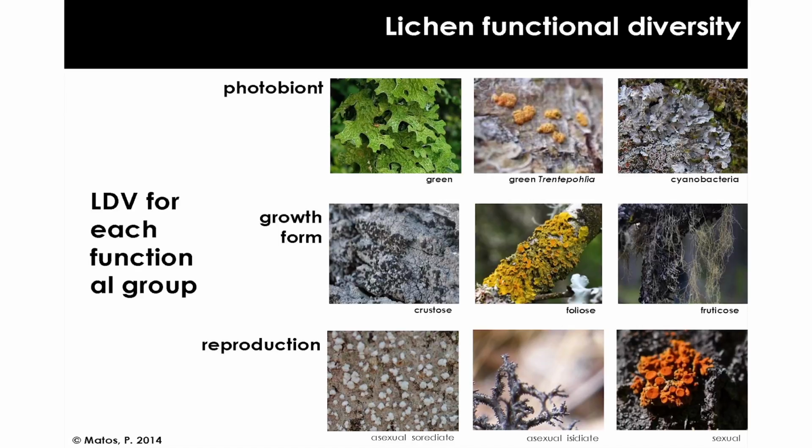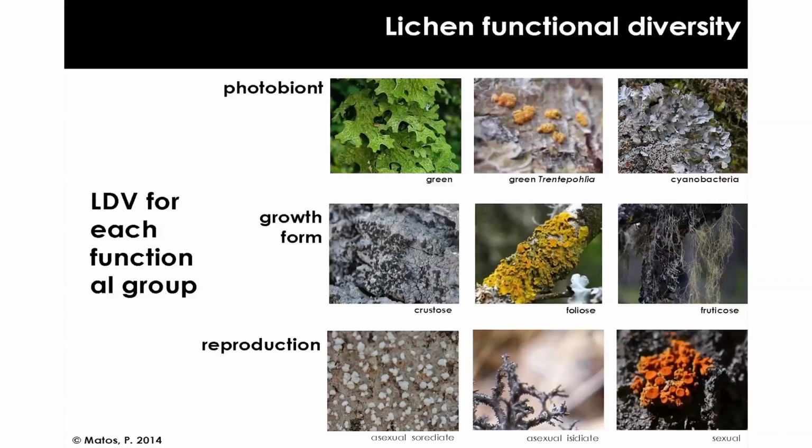The 3 main growth forms are: crustose, if it's like a crust; foliose, with the leaf-like form; or fruticose, which is more like a shrubby, three-dimensional thing. And the type of reproduction. Lichen can reproduce both sexually and asexually. In this case, we divided them into sexually with apothecia, or asexually by soredia, which is a kind of more like